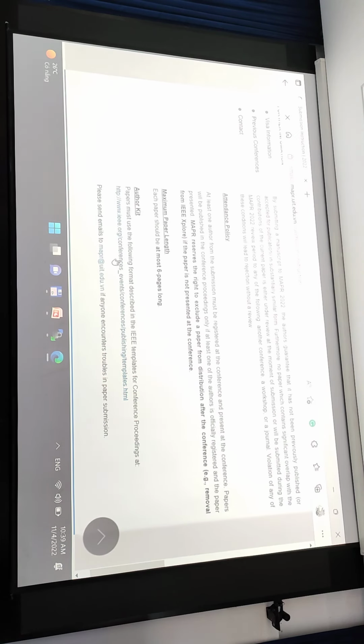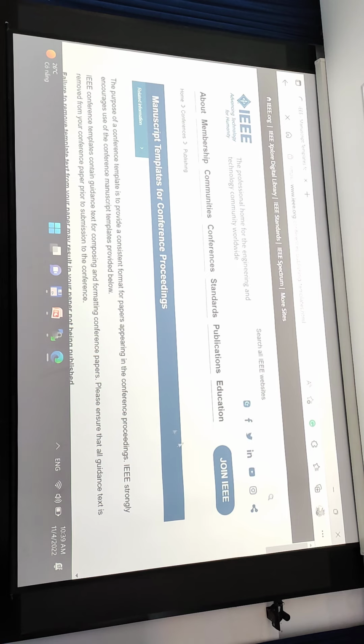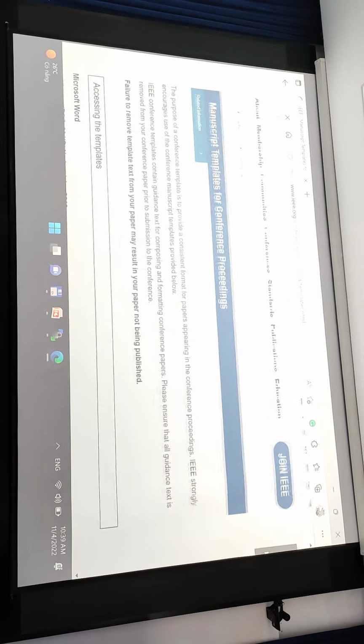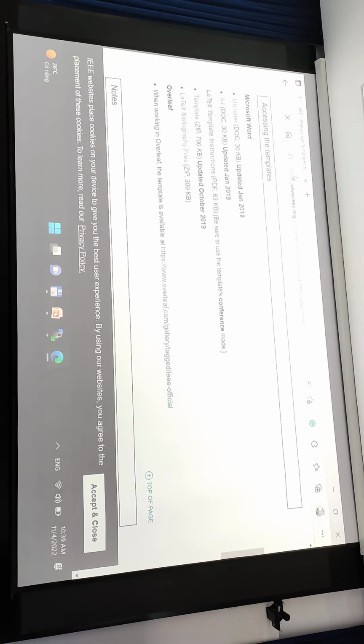Usually the conference provides the author with a so-called author kit, for example, a manuscript template, and it has two types of template. The first one is in Microsoft Word documents, in US letter or A4, and another is a LaTeX template.